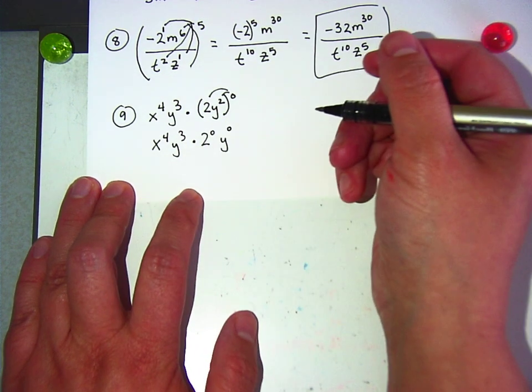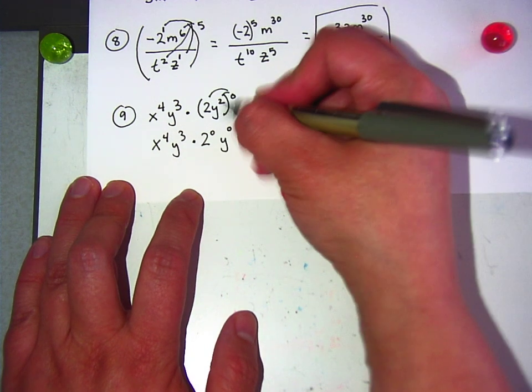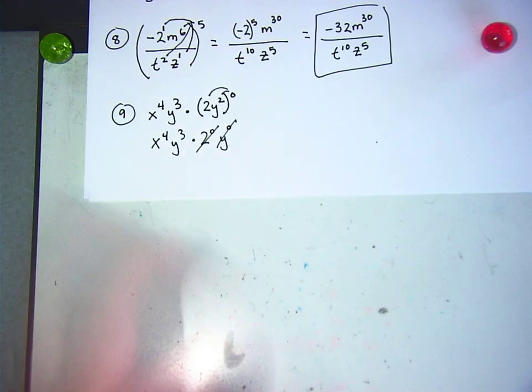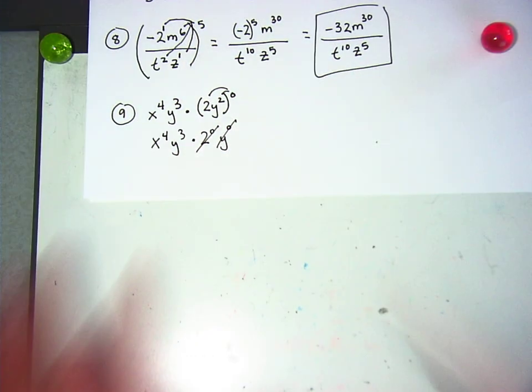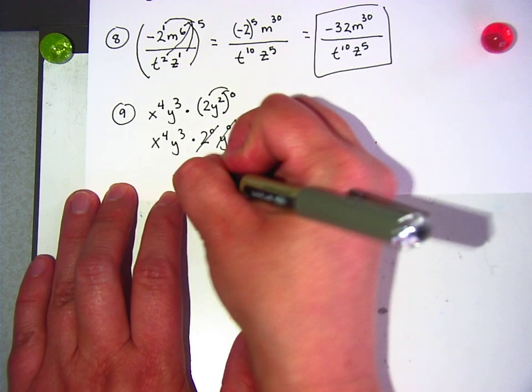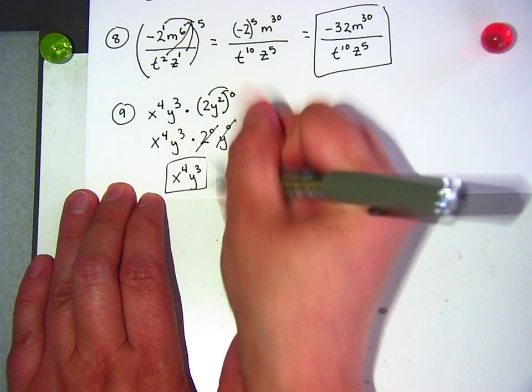Who said 1 over there? You were right. You could have immediately called this 1 because that's going and that's going. You could just say they're multiplying it by 1, which is keeping it the same. So the final answer of this one is x to the fourth, y to the third, which is